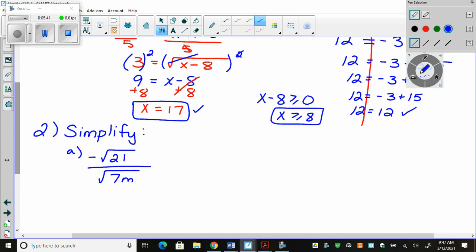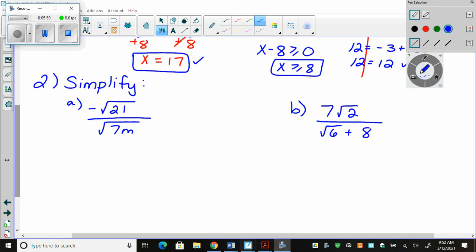So A is that, and then B, 7 root 2 over root 6 plus 8. Try those out. So, when I have a radical in my denominator, a monomial, I just multiply by the radical,